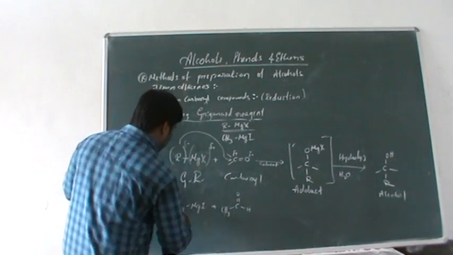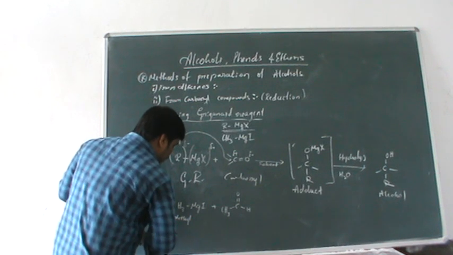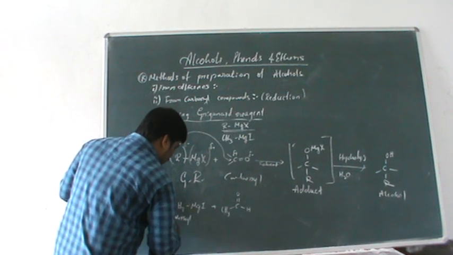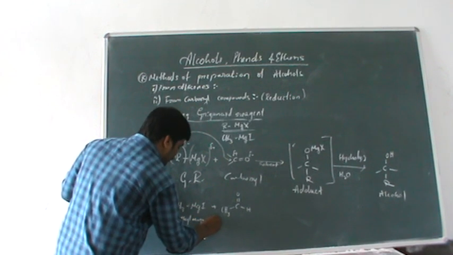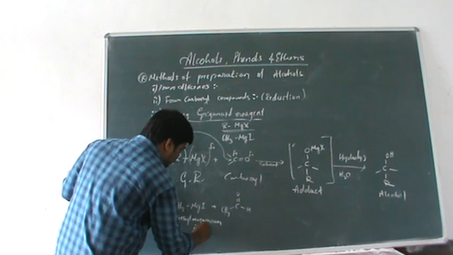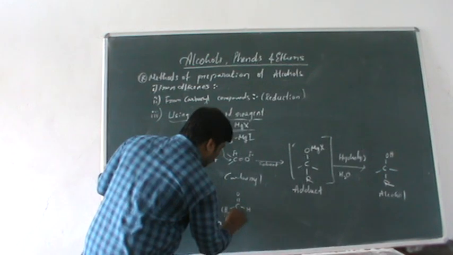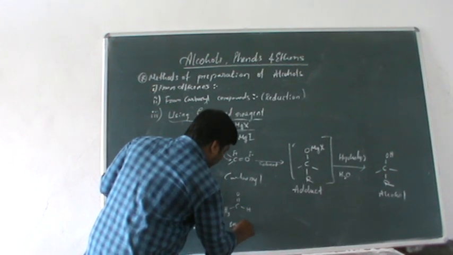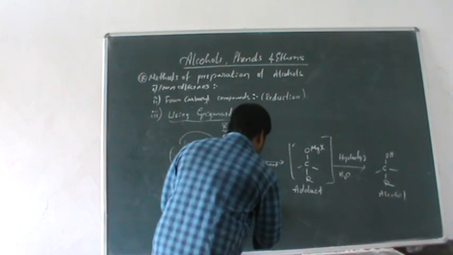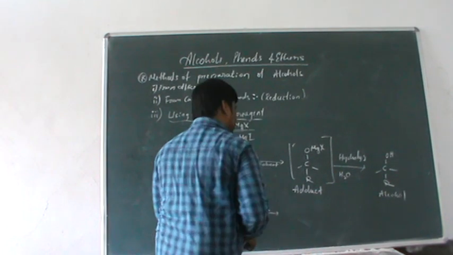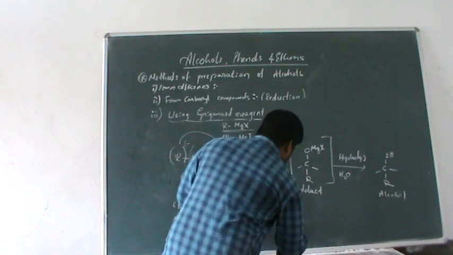What's the name of the compounds? Very important, you should write the name of the compounds under the structure. Methyl magnesium iodide. What's the name of the compound? Two carbon, ethanol. Okay, I am using solvents like ether, small quantity. This is known as the necessity of mentioning also in this case. Then it gives the addition product.